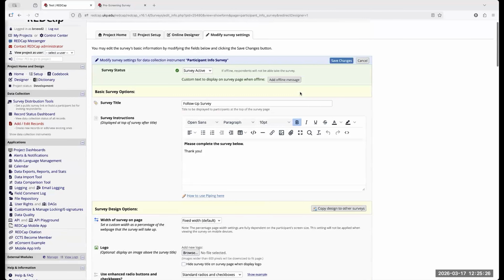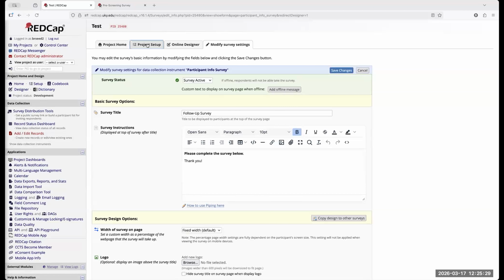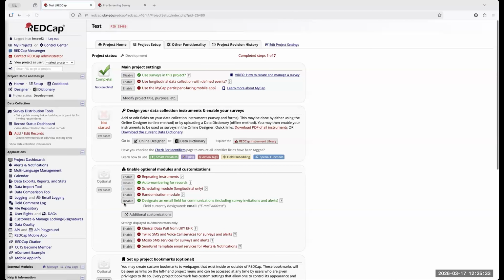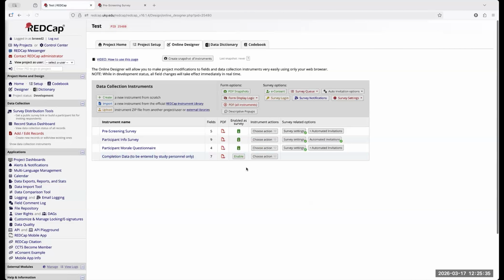So again, I know this is a lot of information to try to remember, but it is important. Just make sure that you're using the correct one. This will mostly come into play if you have been tasked to work on a project that is already in existence, that's already been in circulation, it's already been created. You're going to need to go in and check survey settings, automatic invitations, and survey queue to make sure that one or none of those options are being used.